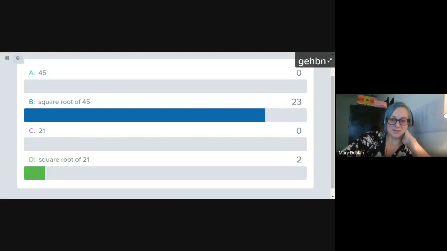So 3 squared means 3 times 3, and 6 squared means 6 times 6. So that's 9 plus 36, or 45. It's the square root of 45. And I'm going to leave it just like this because 45 is not a perfect square. So if I take the square root of 45, I'm going to get an irrational number, and I want to leave my answer as exact. But if I did want to round my answer,